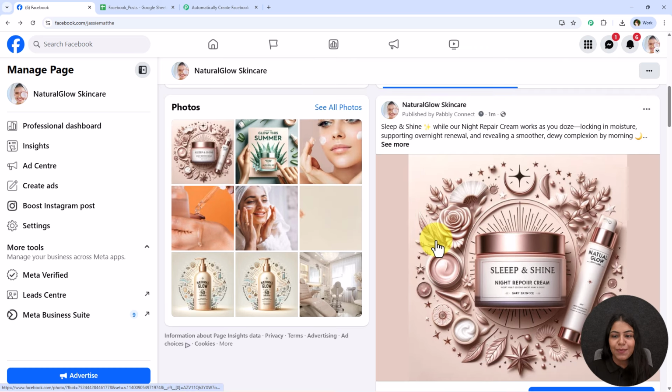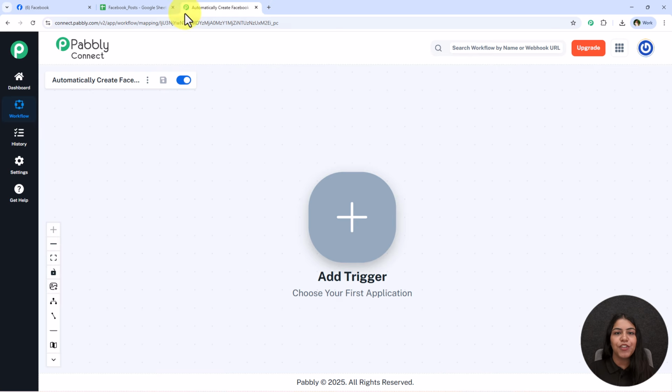So yes, this is the amazing automation which we're going to learn in today's video, and to do this I'm going to open Pabbly Connect workflow. So over here first you have to log in inside your Pabbly Connect account. You're going to get the URL of the landing page of Pabbly Connect in the description box below. Go towards that URL, sign up for free if you are a new user, but if you're an existing user,